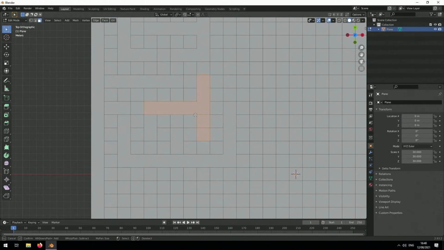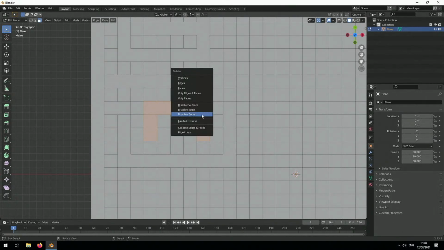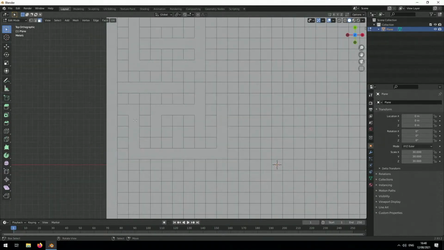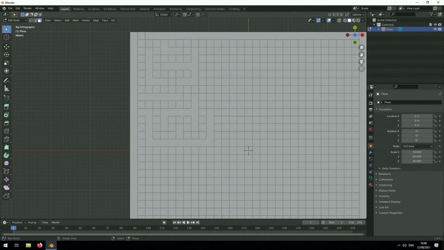Actually, I do want those connected because otherwise there will be an infinitely small gap between them. Yeah, that's true. So I must remember to go back and dissolve any that have... Yeah, so... Yeah, when you have